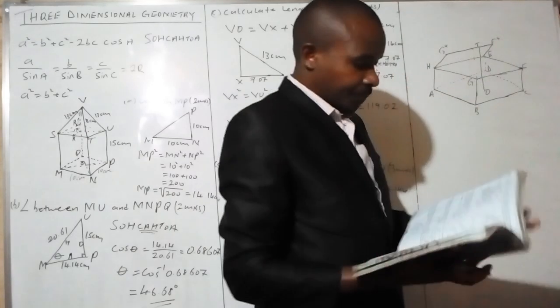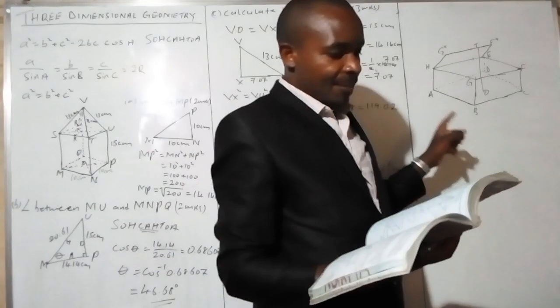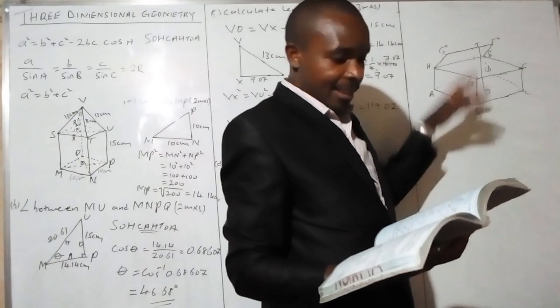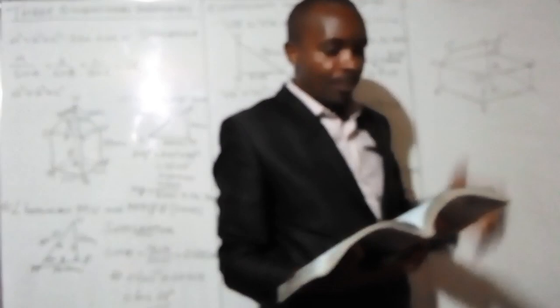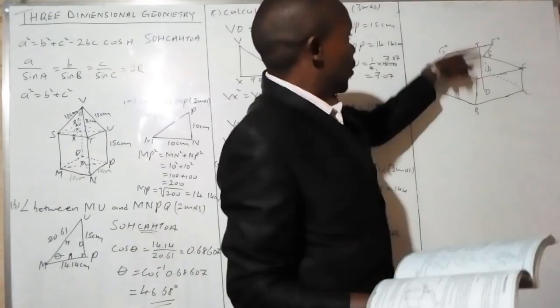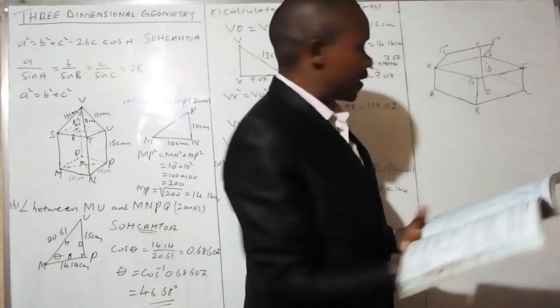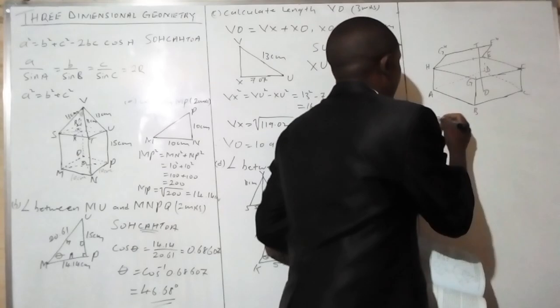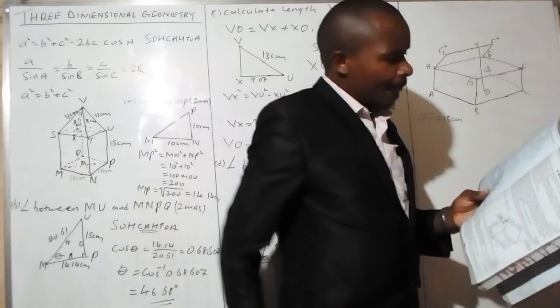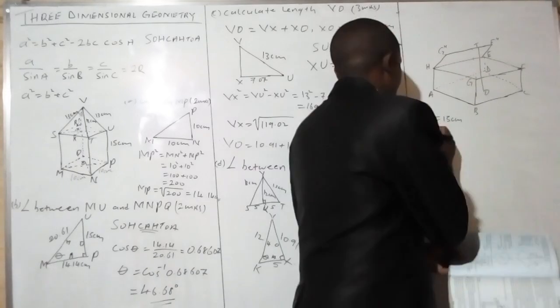The figure ABCD up to H represents a box. The top of the box is opened so that the height OT is 15 centimeters. Calculate A, the angle